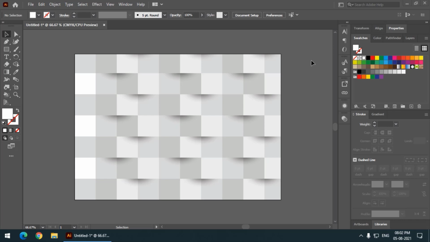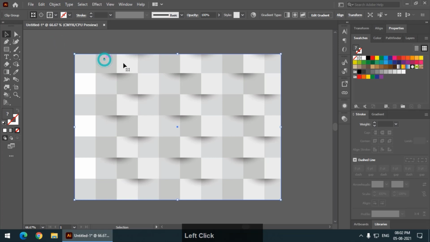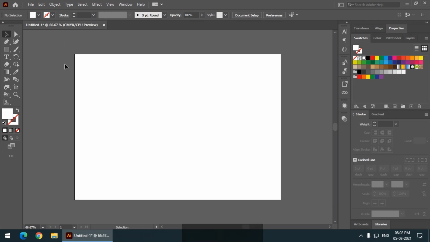So in this video in Adobe Illustrator we are going to create a 3D abstract background, as you can see on your screen. So let me delete this first. Simply we have to take 3 squares by using the rectangle tool. So I'm going to create 3 squares,